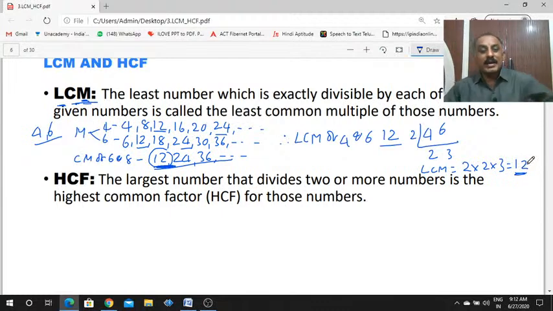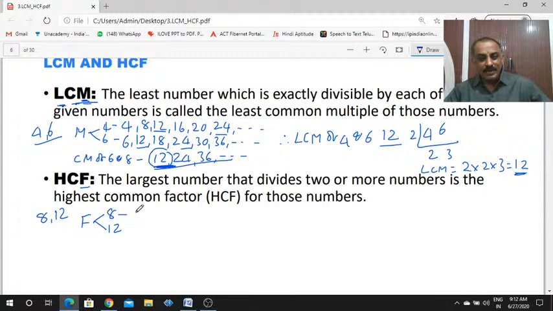Then what is HCF? F means factors. What is the HCF of 8 and 12? First write the factors of 8 and of 12. What are the factors of 8? 8 is exactly divisible by